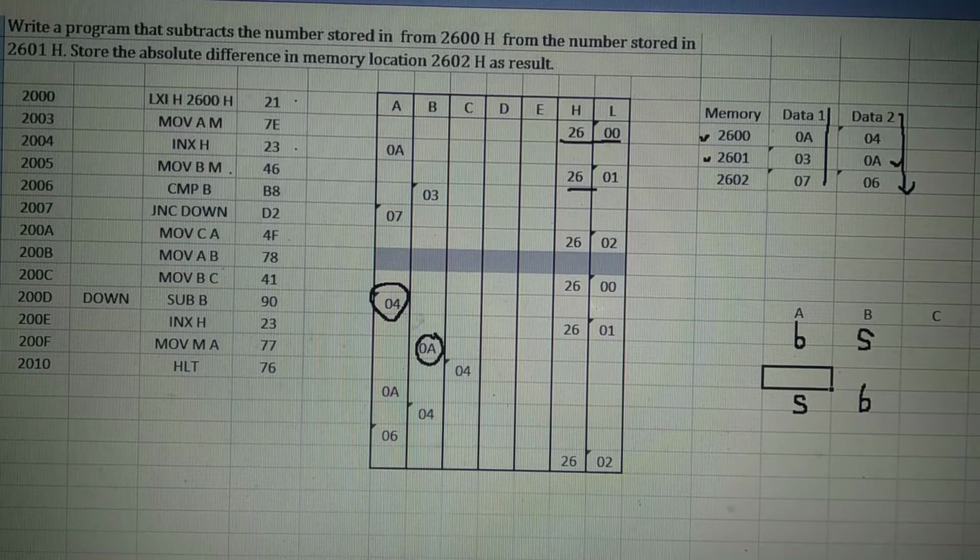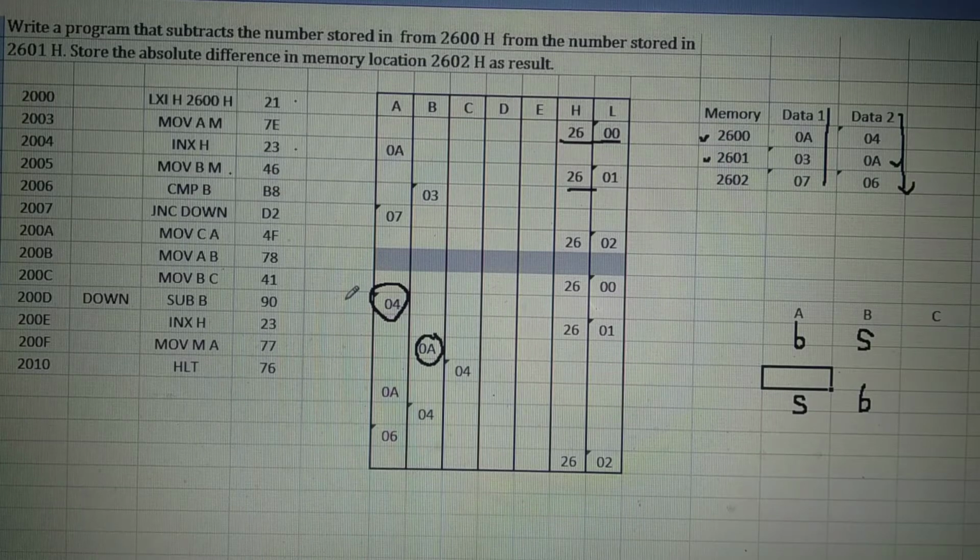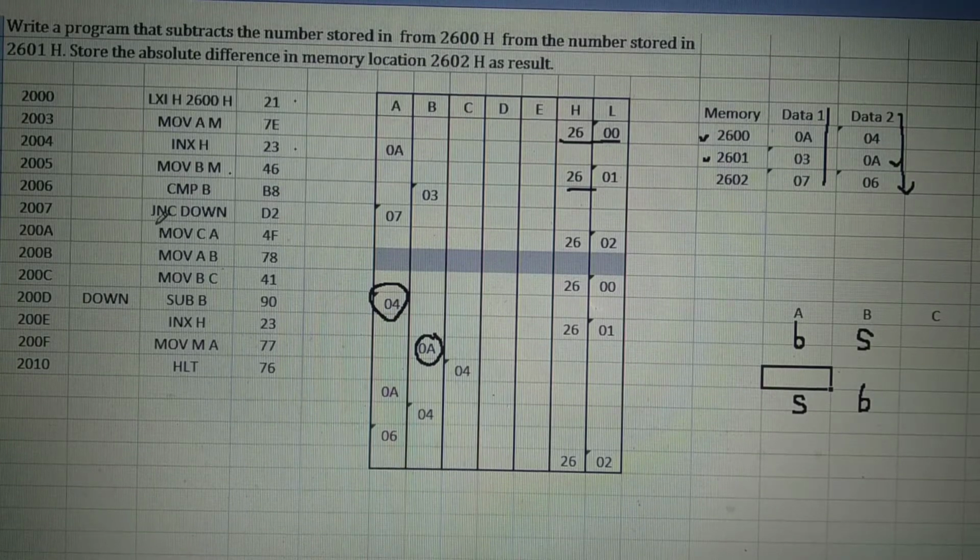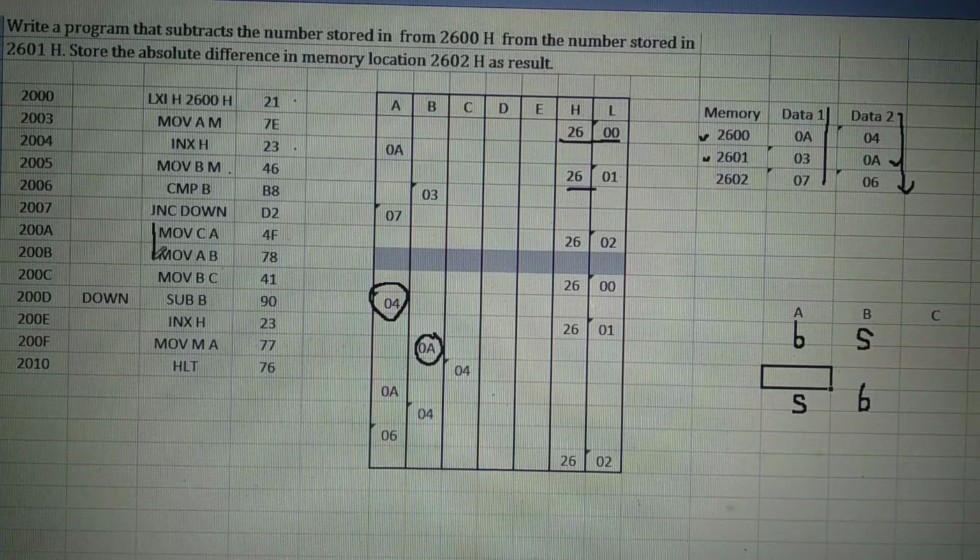Compare B. Both are compared. The accumulator is smaller. That means the carry flag is set. As the carry flag is set, you have to execute these three instructions. If carry is not set, then directly go to the instruction labeled down.